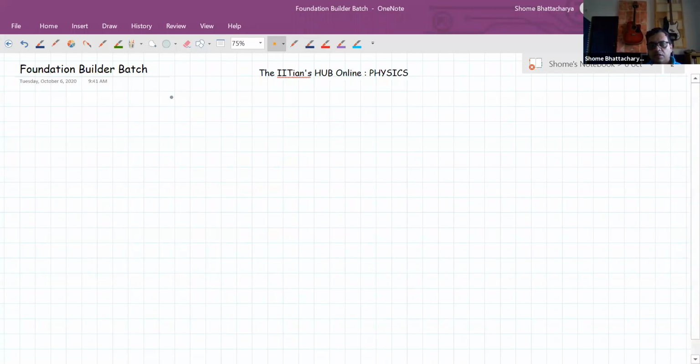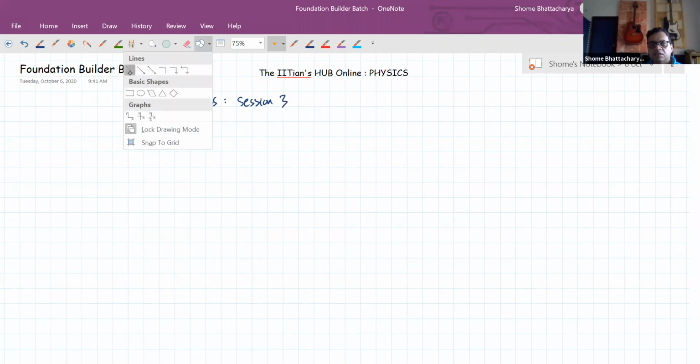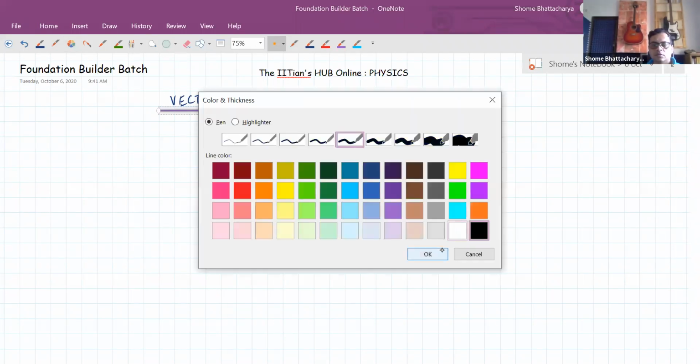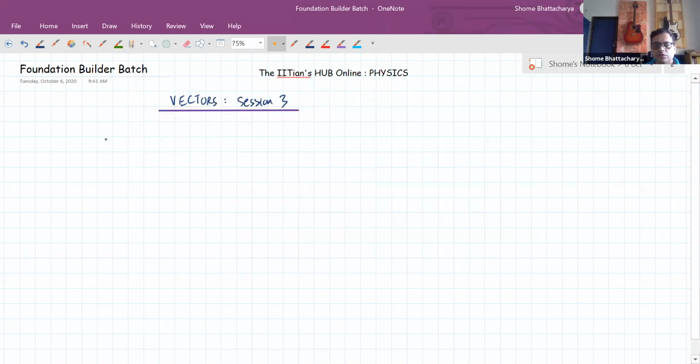So anyhow, let us start with a quick revision of the very important formula and theorem that we discussed last time, the triangle law of vector addition. Let's take a relook at that one, and then we will come back to the discussion of the question set. So we saw